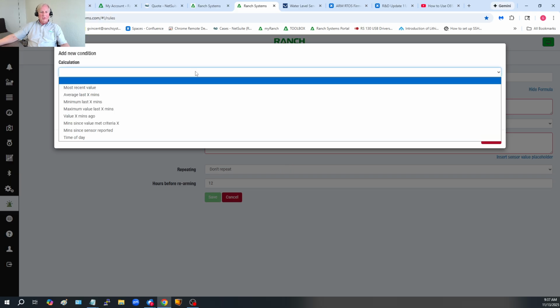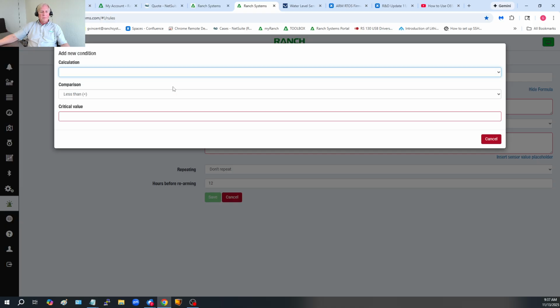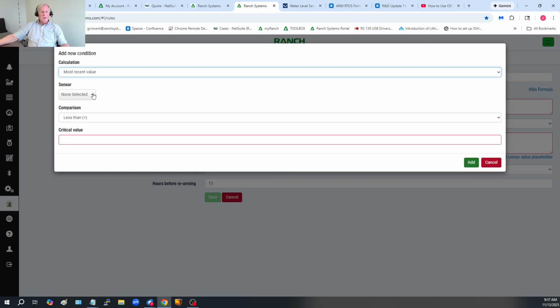First is the calculation. What we want is the most recent value of the sensor. You'll see other options there for different types of alerts, but for frost alerts, we definitely want the most recent value of the temperature sensor. And next thing you'll notice here is a drop down for the sensors. This is where we need to remember